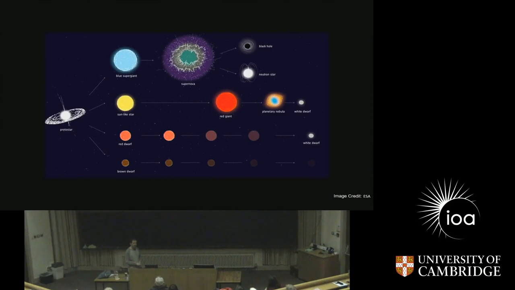And we have stars like our sun, which burn hydrogen into helium and helium into carbon and oxygen, and then they become red giants, and then they slowly blow off the gas in their outer parts and become white dwarfs. A white dwarf, left alone, will just cool and fade away, and nothing very interesting will happen. But if it interacts with the second star in some way, then it might explode.